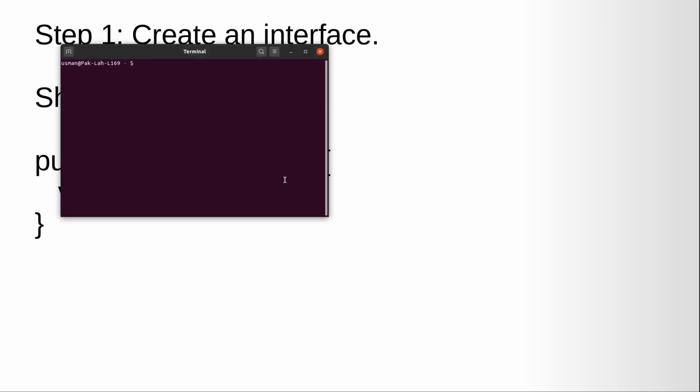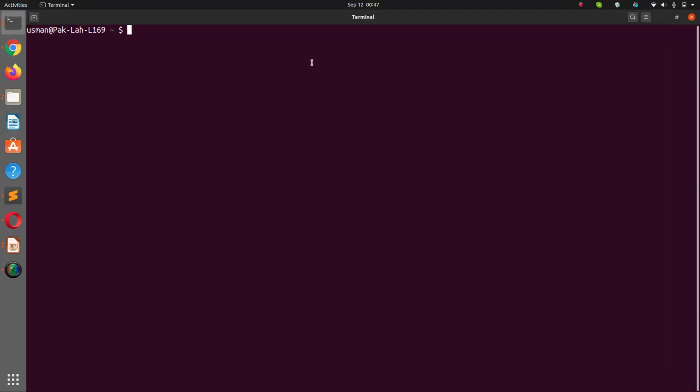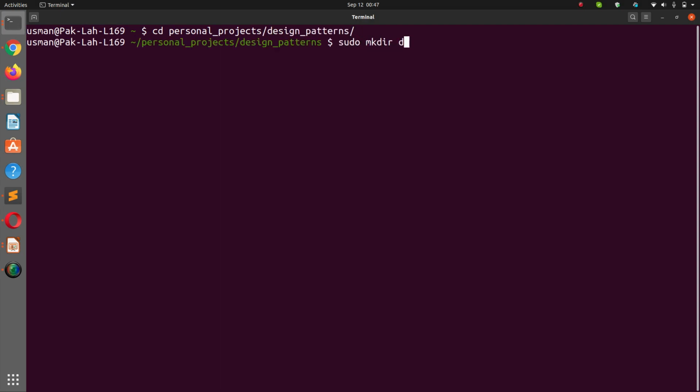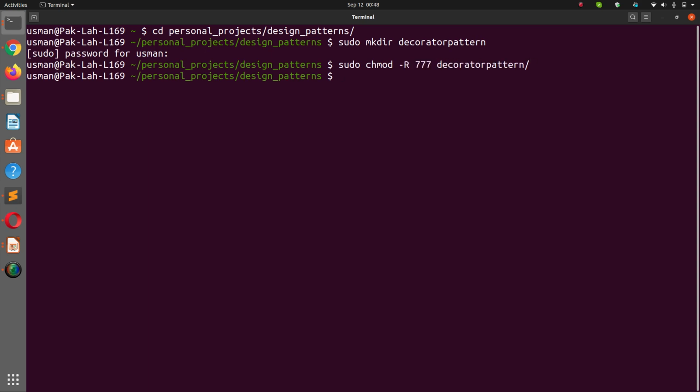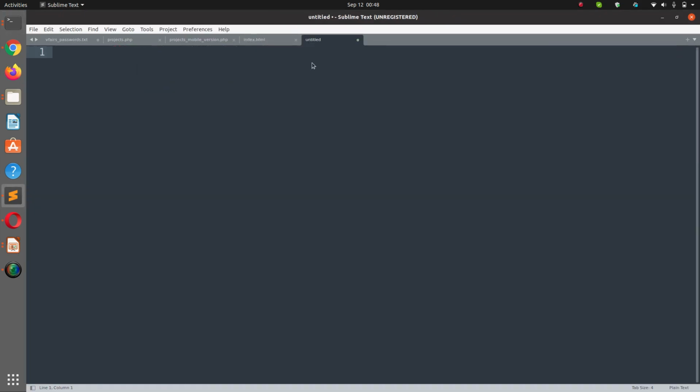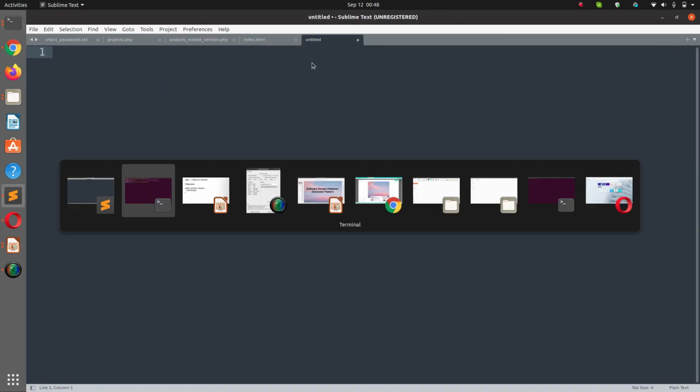Let's go to the terminal and let's go into personal projects, design patterns, and here I'm going to create a new class called decorator pattern. Okay, let's set the permissions for this project folder. Now we are going to use Sublime editor, and here we have the main file, that is